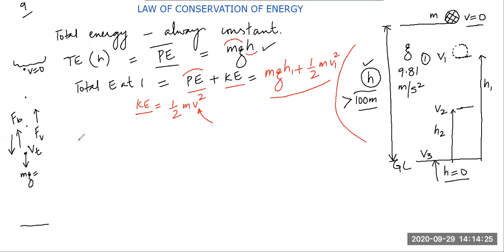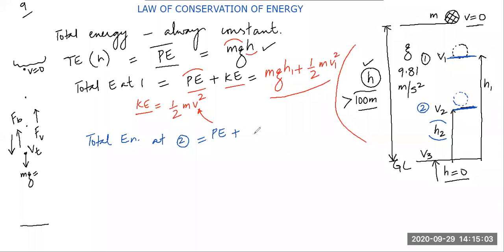Okay. Now, students, what is the total energy of the ball? The ball has further come down. The ball has come here now at height h2. So what is the total energy of the ball at 2? This level I am representing as 2 level. This level is 1 level. Okay. So at 2 level, what will be the total energy of the ball? The ball is at a height h2. It will have potential energy also, right?